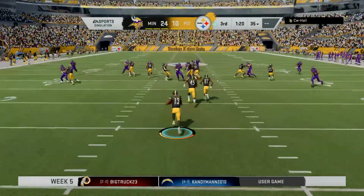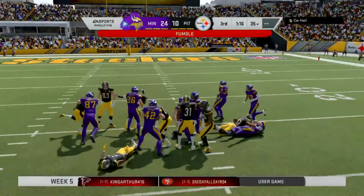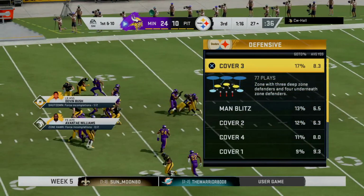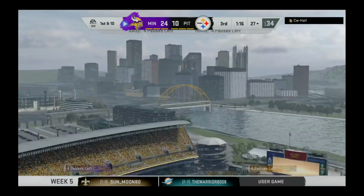This fielded at the 2. Now a hit and a loose football. And the Vikings pick up the football. And a huge return as he'll take this one all the way down inside the 30-yard line. So a teammate picking him up there. That was